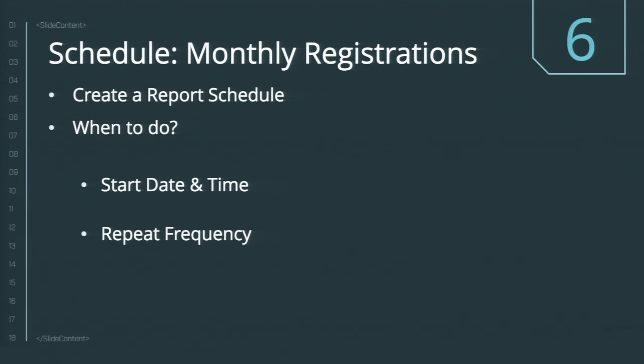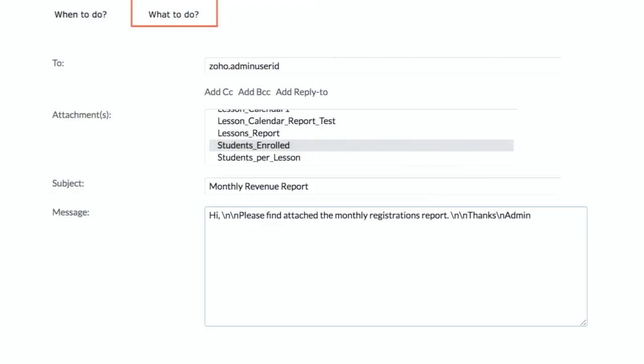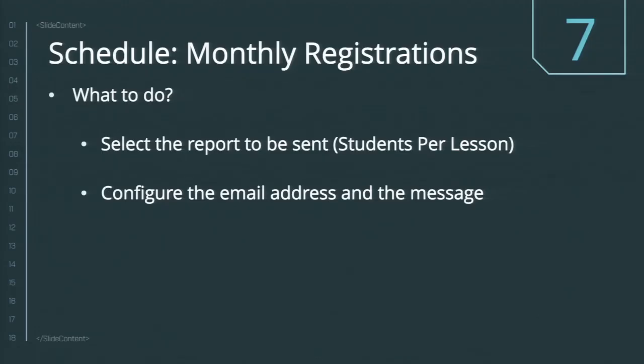This is using a custom schedule. The report being selected here would be students enrolled, which will give Karen all the information about how many students have signed up for the particular session. To summarize, in the case of custom schedules, we are trying to understand how many registrations happen for Karen. It could be for registrations, for revenue, or for any scenario, but the important understanding here is that custom schedules are not bound with time or date.